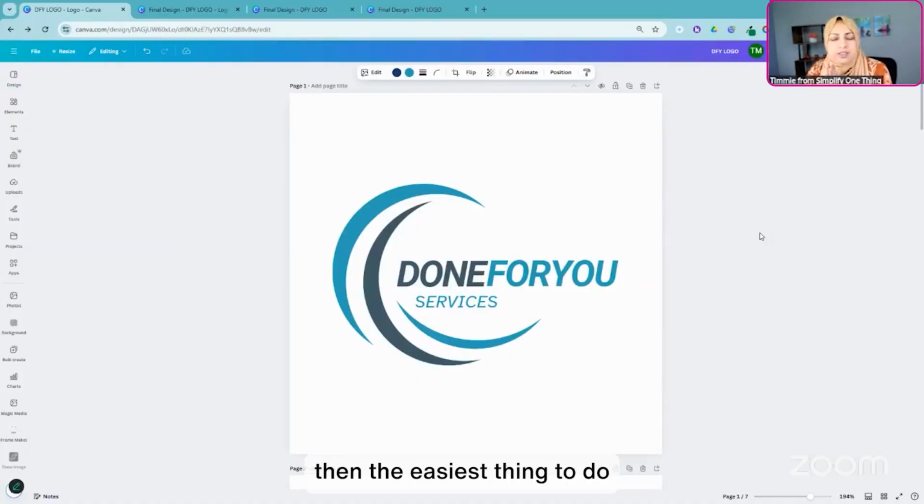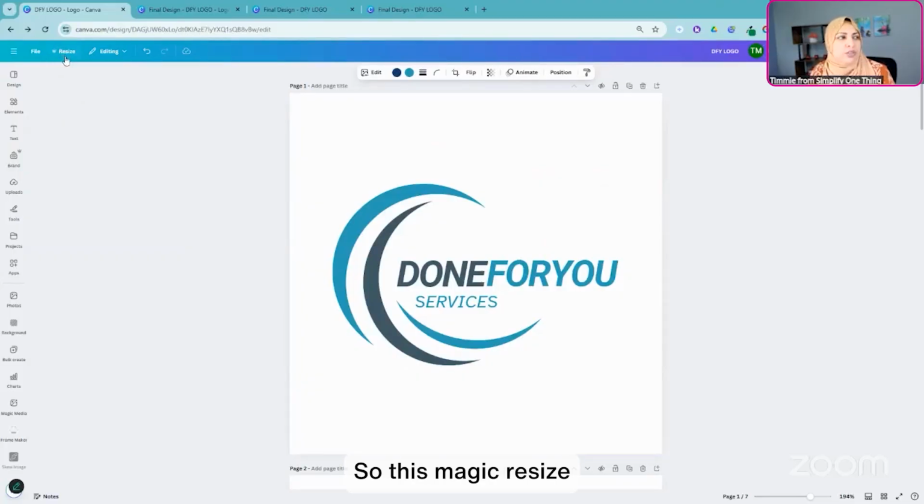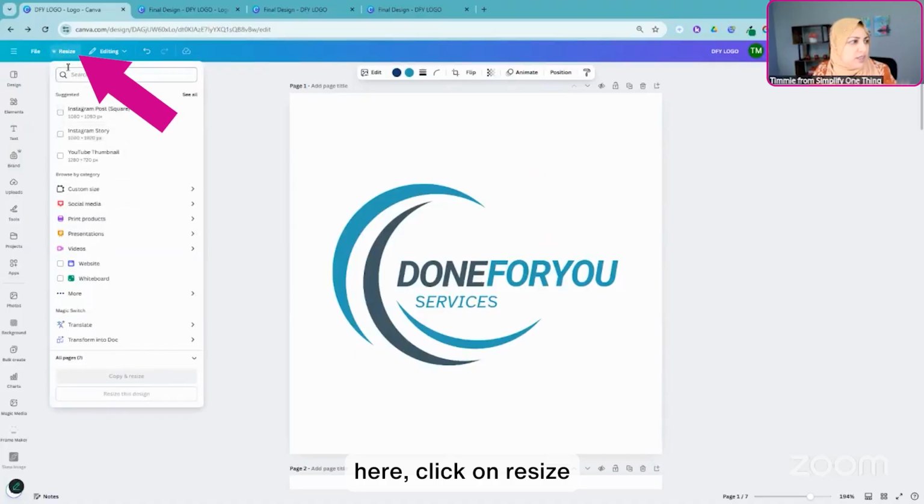Then the easiest thing to do is to really just go into that design and come up here and click on resize. So this Magic Resize is really a pro feature. So you have to be on Canva Pro to be able to use this. But I'm going to show you another hack if you don't have Canva Pro, how to get around that also. So hang tight. Okay, so easiest thing to do is to just come up here, click on resize, and you